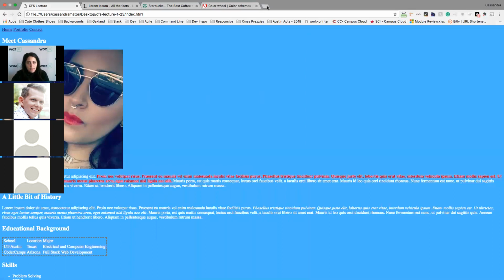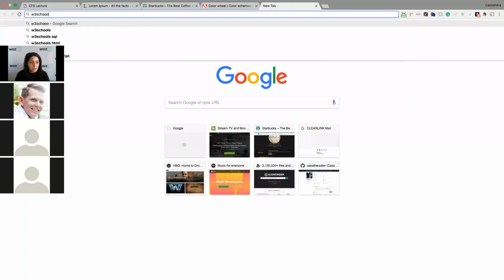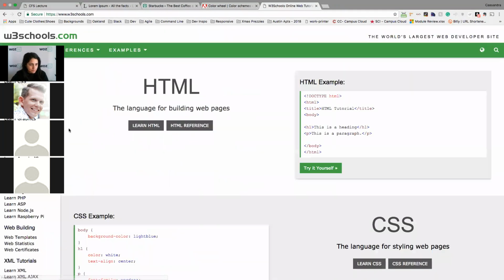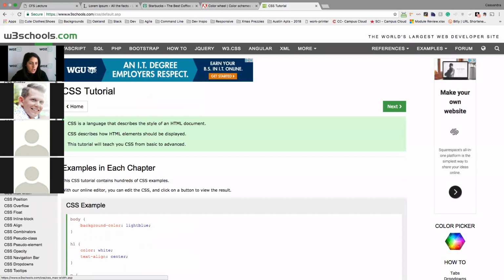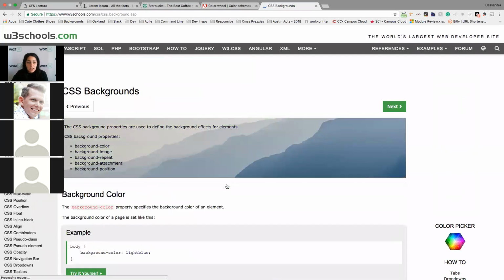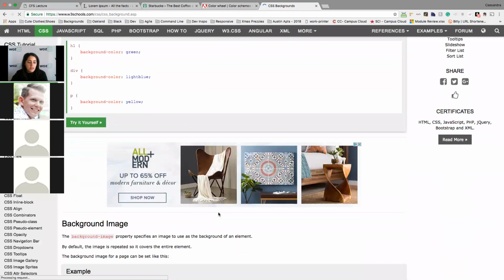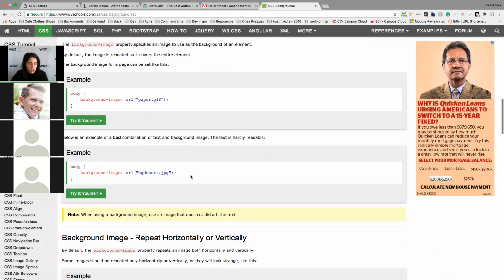Okay. In the time that we have, there's no way I can cover all of the properties that exist out there, but a really great resource for that is W3 Schools. I still use it to this day. I've been coding for a long time. And if you go to CSS, you can see all the different elements that you probably would be dealing with. So let's say you wanted to focus on background, so you wanted to do an image, you can find the syntax for that. So here, an example of using an image.